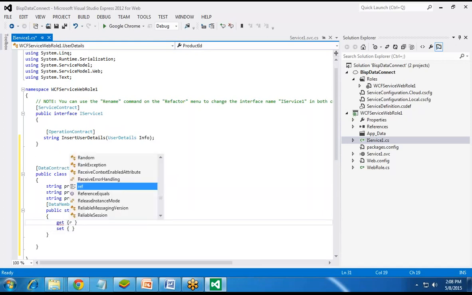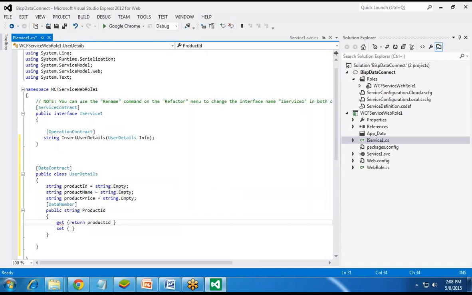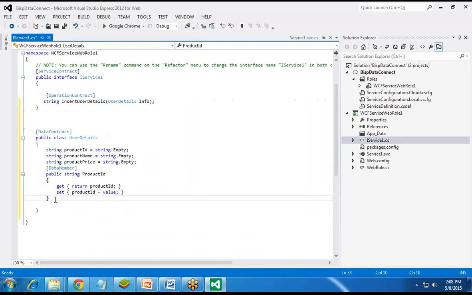In get, I write that it will return ProductID, and in set I'll set ProductID equal to value; this should go within the brackets. In the same way, I'll create two more data members.